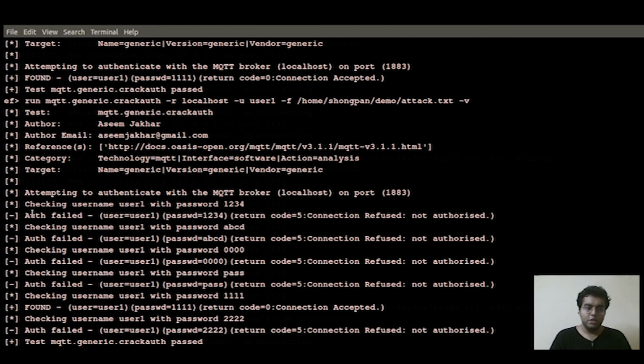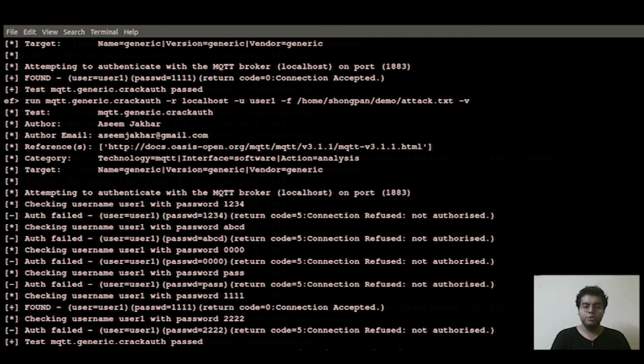As you can see, it first attempted with 1234. The connection was refused since it was not authorized with that password. And with user1 and the password 1111, it has found it and the connection was accepted.